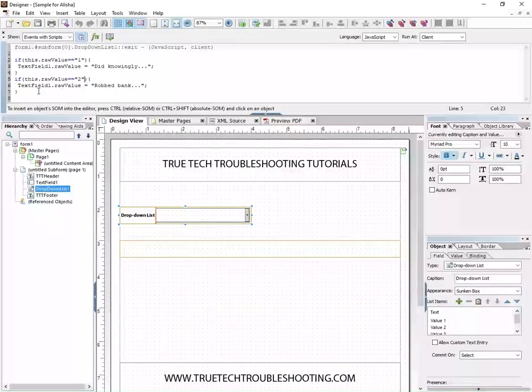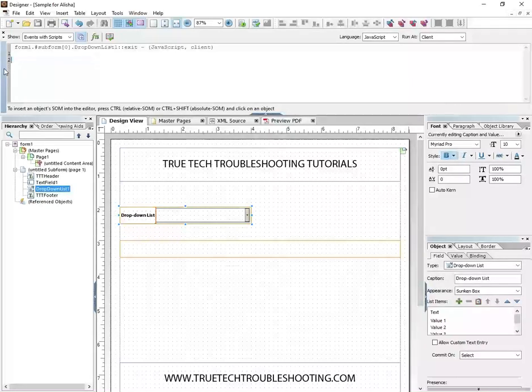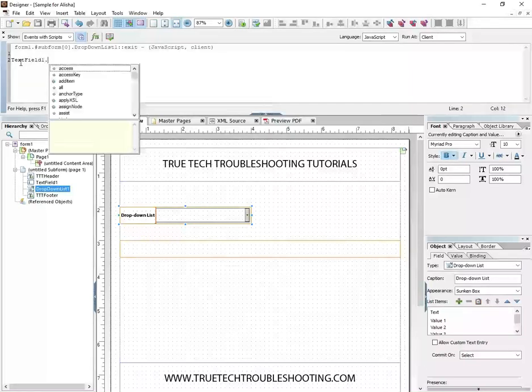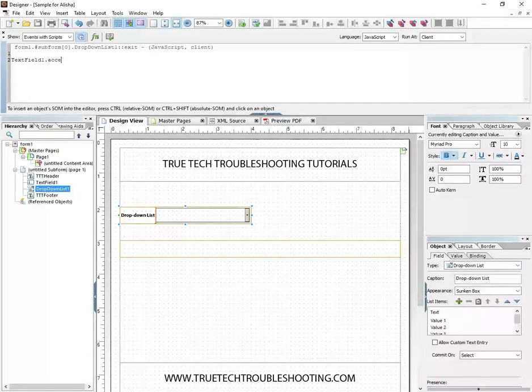First thing we're going to do is we're going to remove all the code, and then we're just going to create an equal statement. Text field 1 dot raw value plus equals this dot raw value. So what this is saying is text field 1, whatever it already is, add to or append to this dot